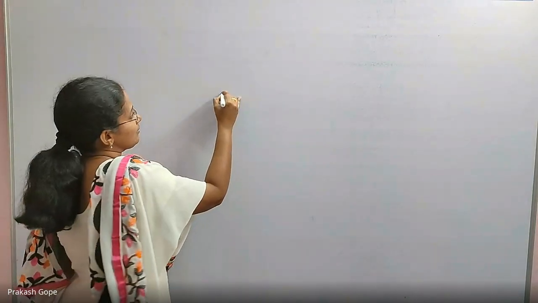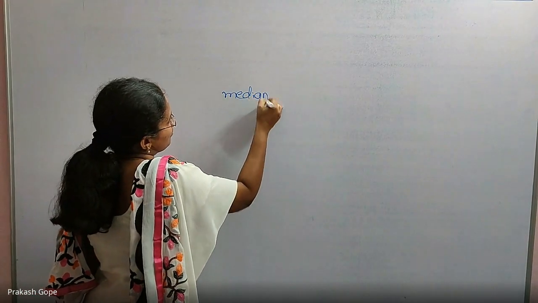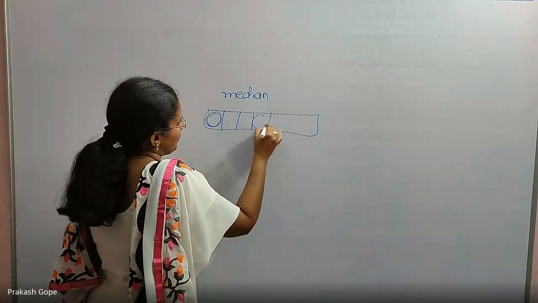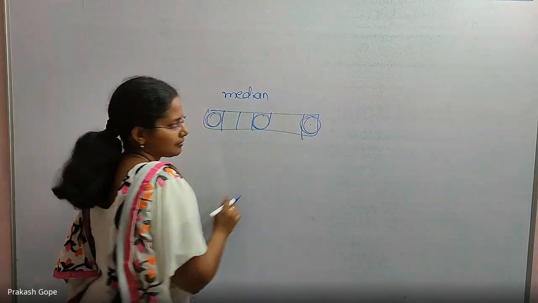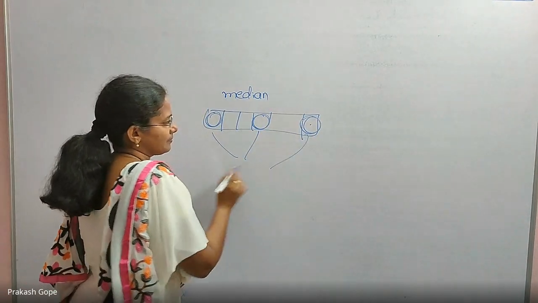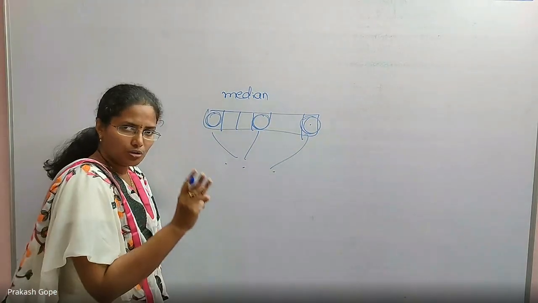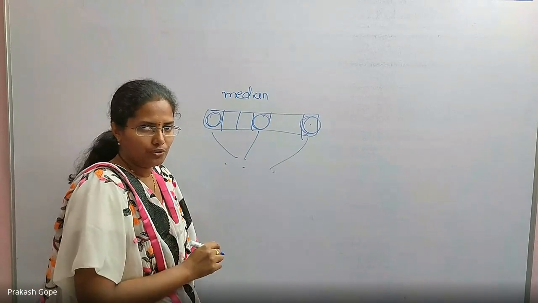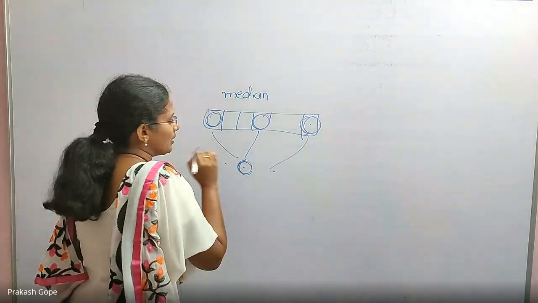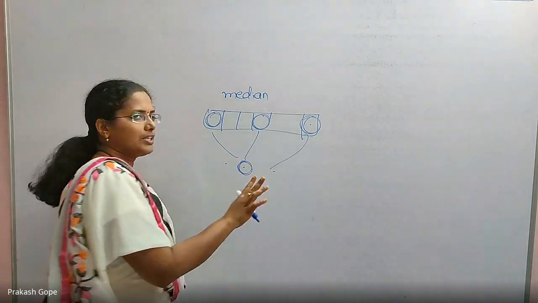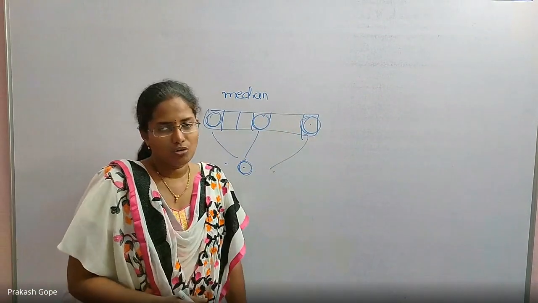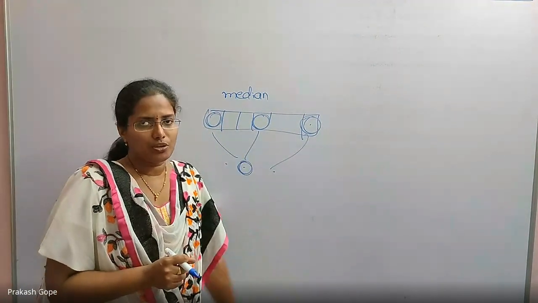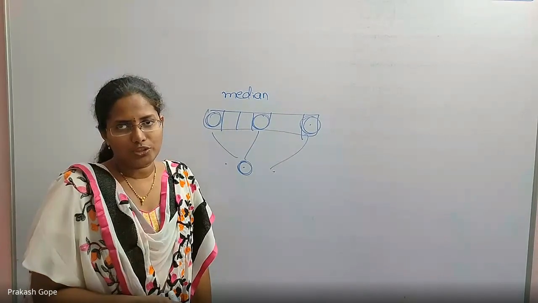Then they said median. Median as a pivot. Median means this is the array. First element, middle element, last element. Take these 3 elements. Sort them. Sort only 3. Sorting 3 elements will not take time because it needs only 2 comparisons, a fixed amount of comparisons. Among those sorted 3 elements, the middle element is called the median of these 3. You take that median as a pivot element, and then run the quicksort.